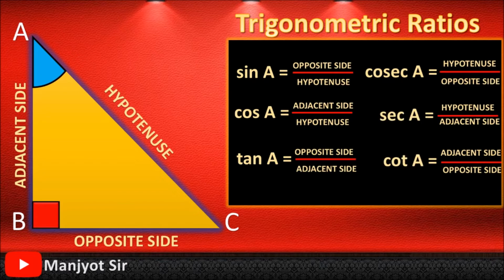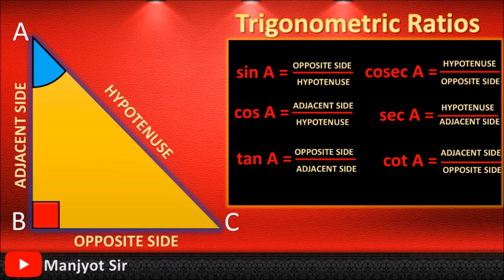So students, remember this, these are three trigonometric ratios: sine, cos, tan, and reciprocal of all these three are cosec, sec, and cot. Don't forget these six trigonometric ratios. These are very important, and also remember their formula: opposite, hypotenuse, adjacent, accordingly, which is written over here. If you want, you can pause this video right now and take screenshot of this page. Okay, I hope that everyone is clear till here.